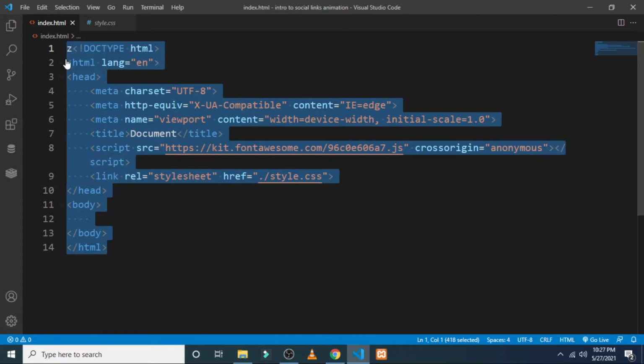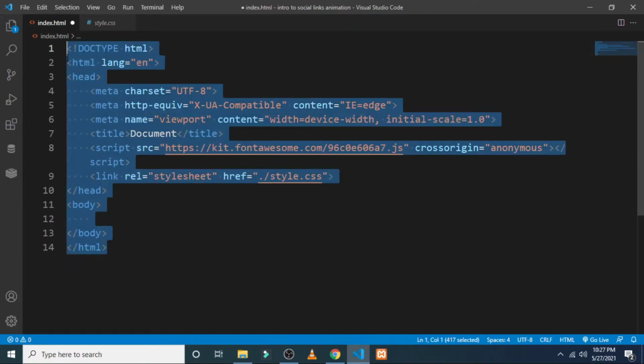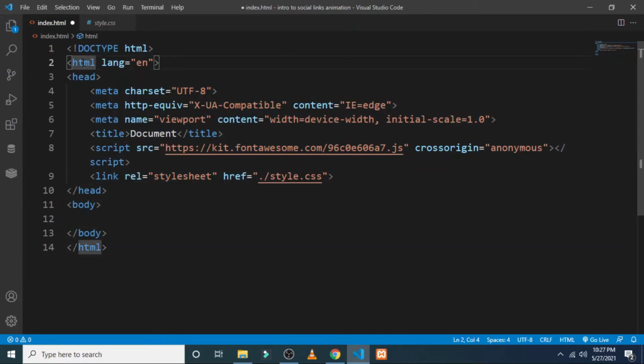In this I have written all the basic syntax of the HTML. Here I have used the html tag, head tag, and body tag, and in the head section I have used the title to give a title to my document. Here I have provided the link of my Font Awesome kit. If you don't know how to use this, after a few seconds I will tell you how you can operate your own kit in Font Awesome.